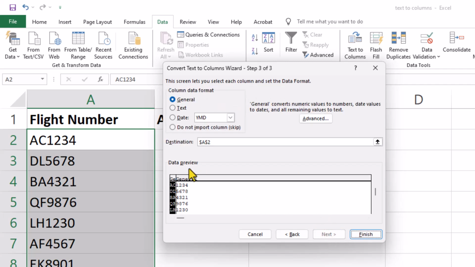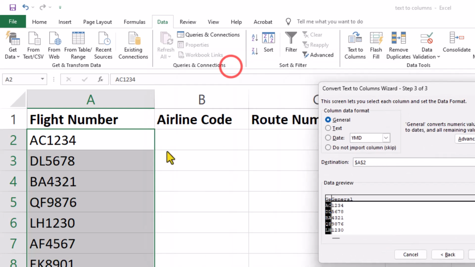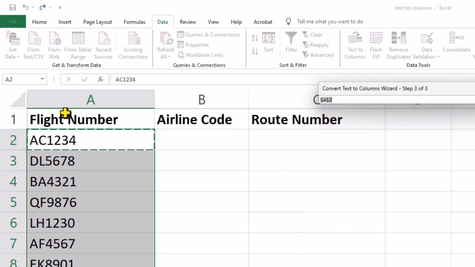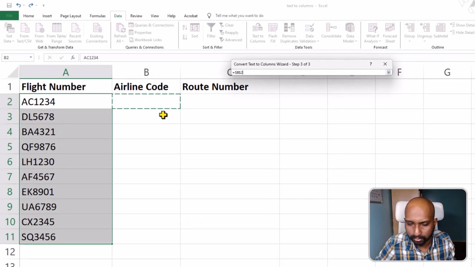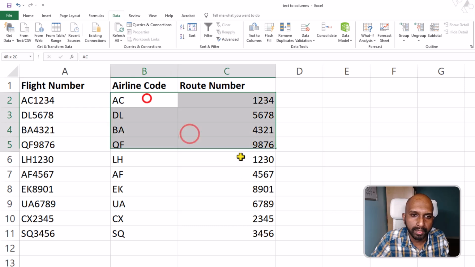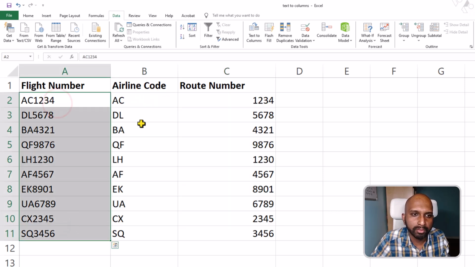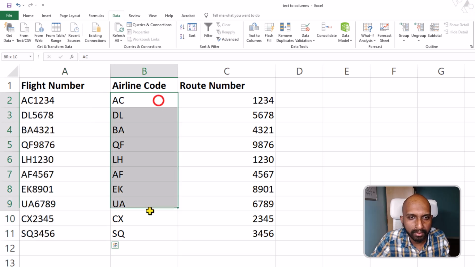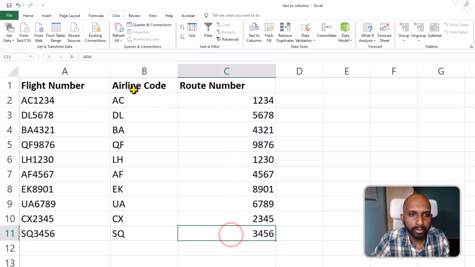I will hit next. In the data preview, you can clearly see now there are 2 columns, one with the 2 alphabetical characters and the other column with the 4 numerals. Okay. Here also my data format would be general as usual, and the destination would be B2 because I want my data splitting to start from there. I will go here and then I will select B2 and hit enter, and then I will hit finish. See, in a split second your data got separated into 2 columns, one with the airline codes and one with the route numbers. Now you can use this data